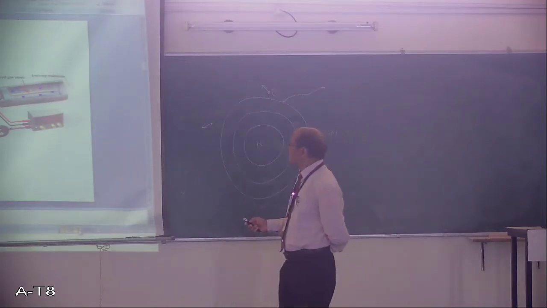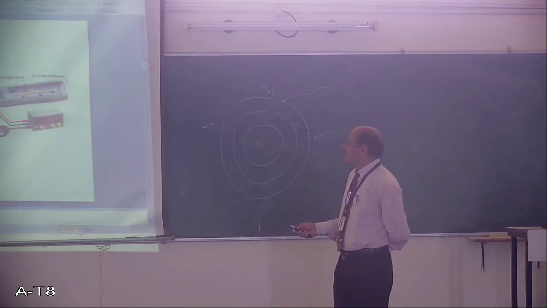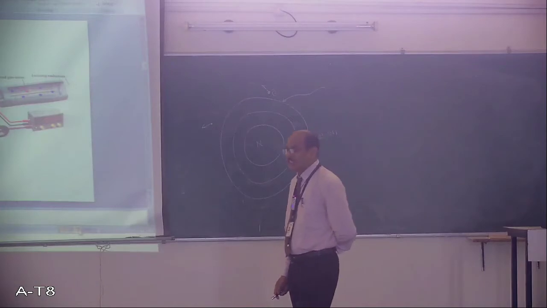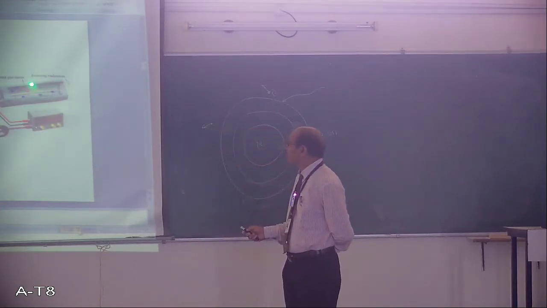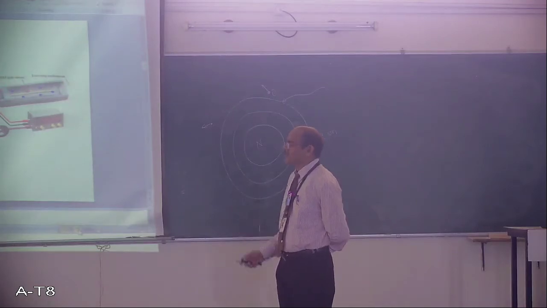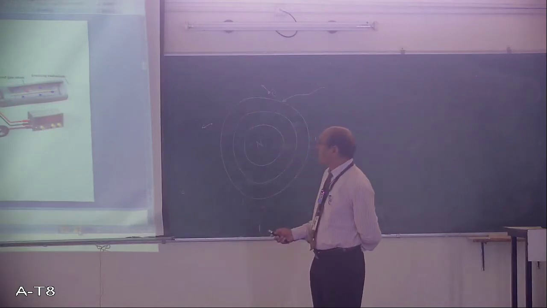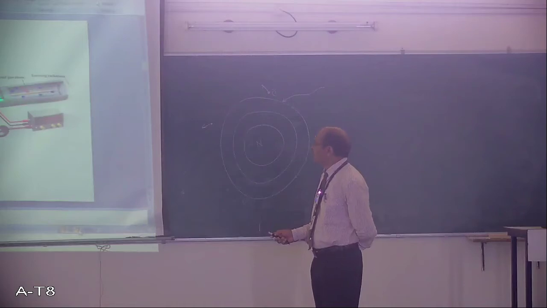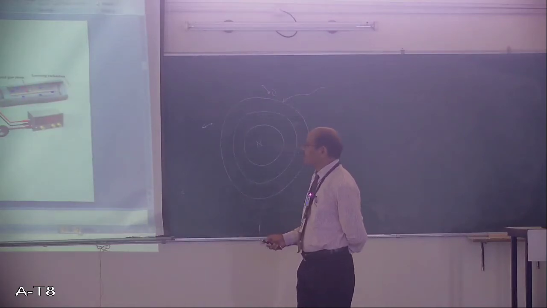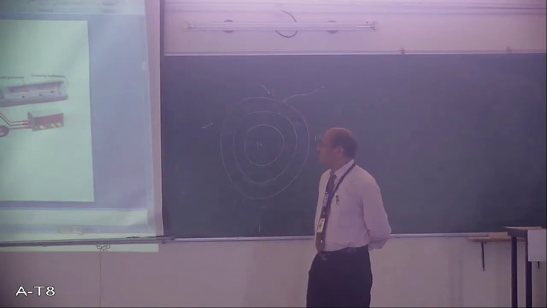But when ionizing radiation is incident from the mica window, it will be incident on the atoms of the argon gas, and ionization takes place. When ionization takes place, positive and negative ions are created. Positive ions will move towards this surface, which is a metal cylinder, the cathode. However, the electrons will be moving towards this anode, which is made of tungsten.